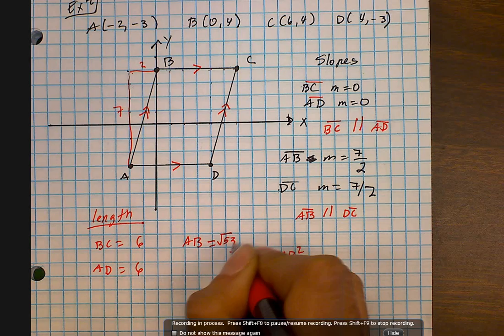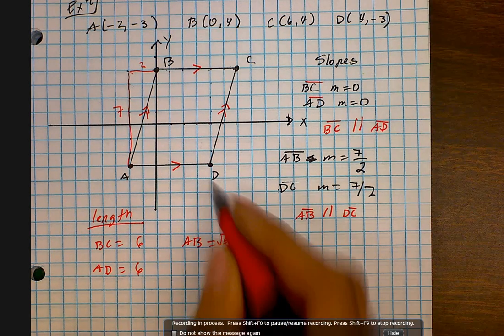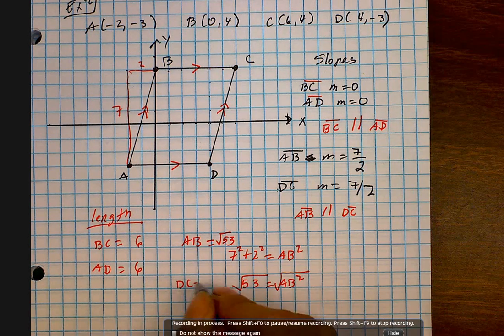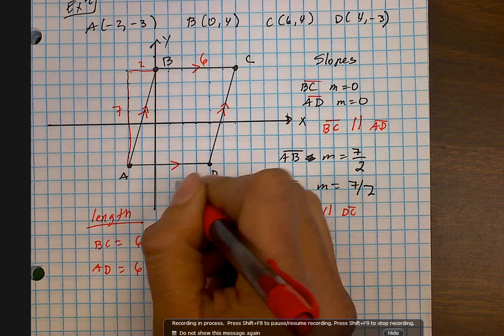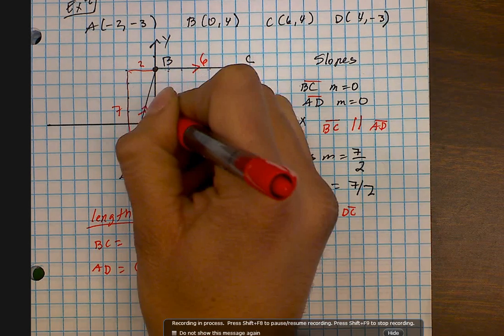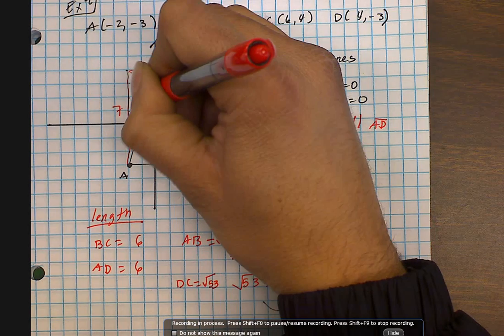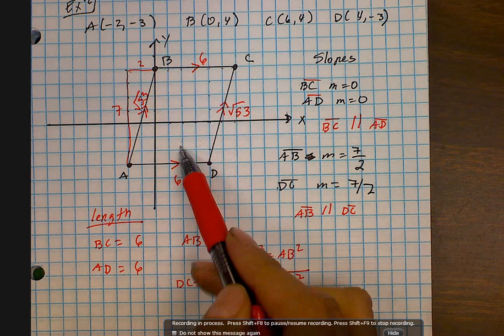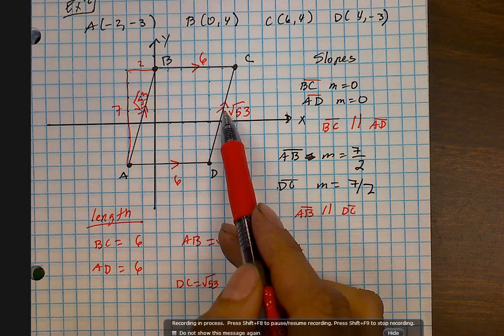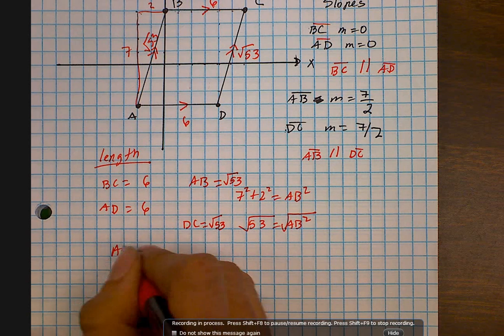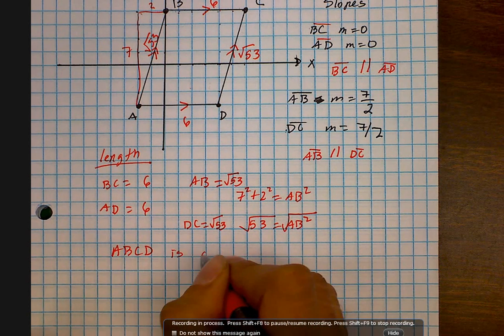Okay, now DC, you do the same thing. You go up 7 over 2, so you're going to get the same thing, which is the square root of 53. So that one is 6, that one is 6, this one is the square root of 53, and this one right here is the square root of 53. So since these two sides are congruent, and these two sides are congruent, we say that it is a parallelogram. So ABCD is a parallelogram